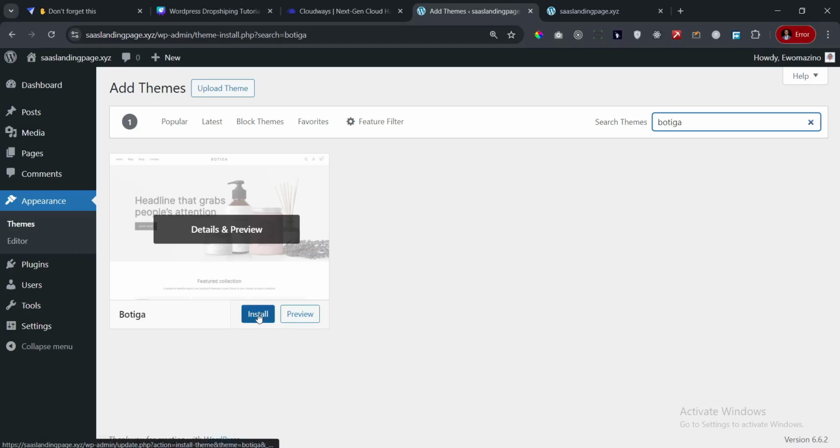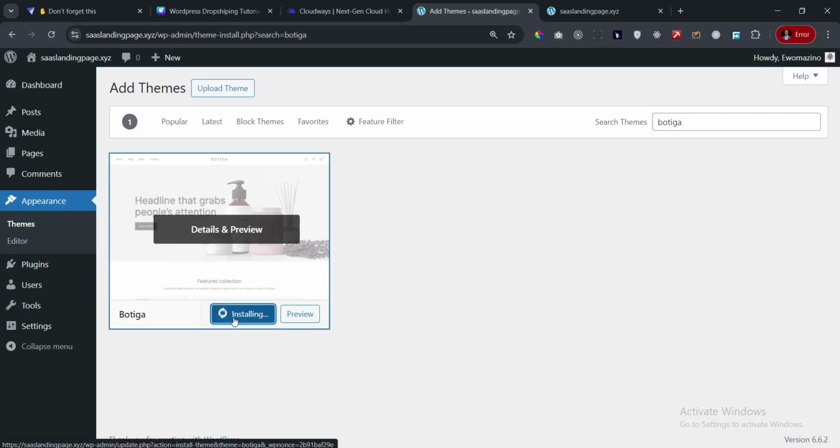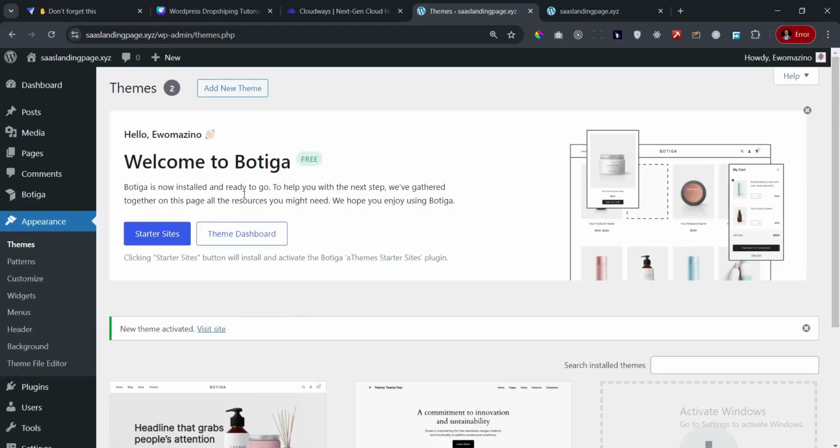So what you want to do is click on install, and in a couple of seconds it's going to install this theme on your site. So it's done. Then you want to click on activate. So once you've done that, yeah, this is it right here. And I think we need to go to the theme dashboard so that we can import the demo content. So if I go to theme dashboard